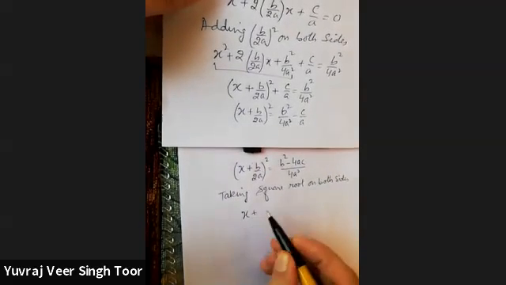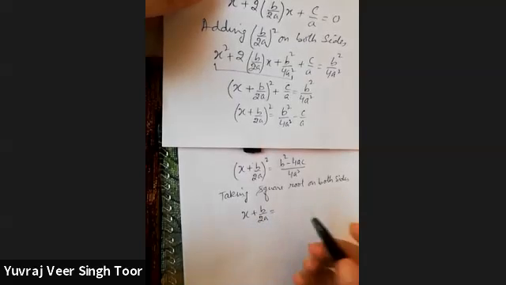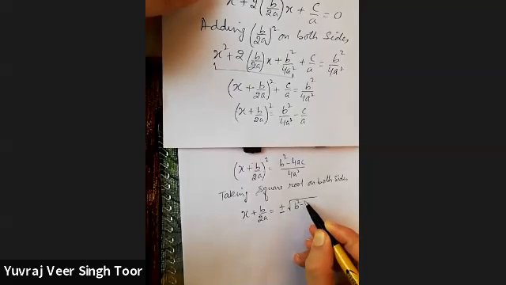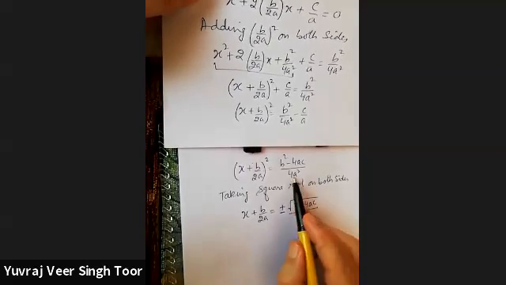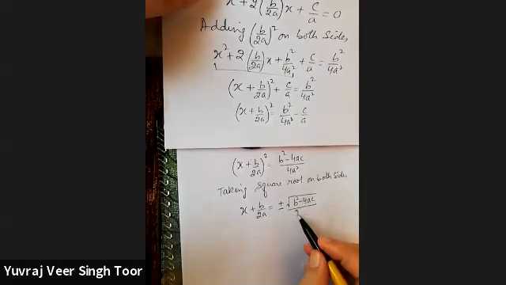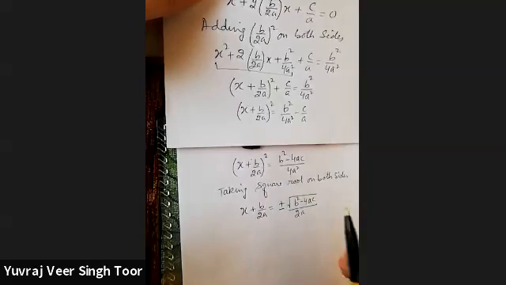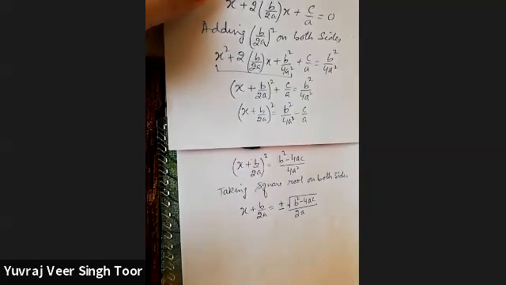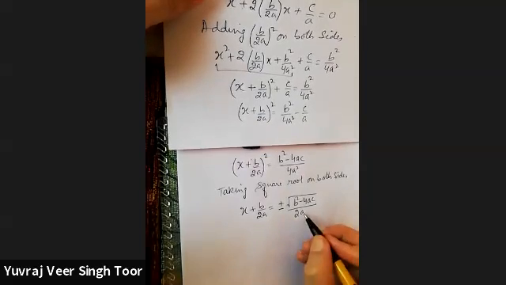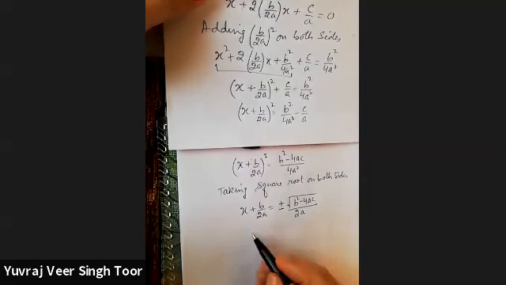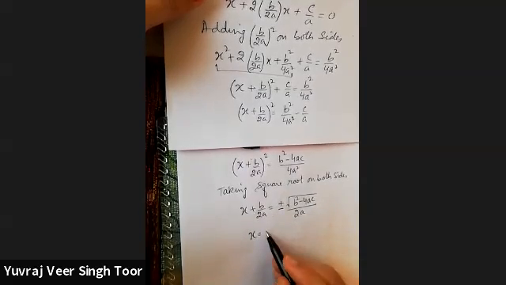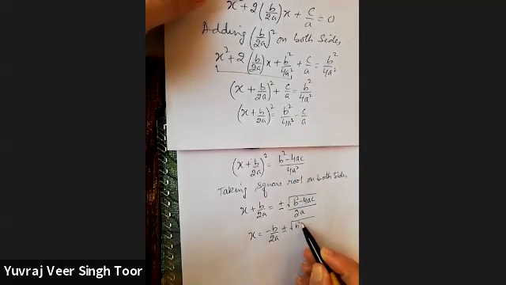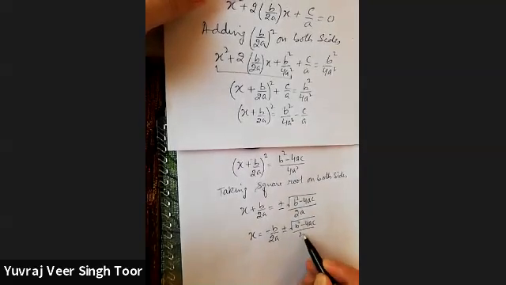So when you take square root, you already know that you get plus minus. This will remain under the square root, but this term can be expressed as 2a. Square root of 4 is 2 and square root of a square is a, right? And finally, this will go on the other side. As it is adding, you will subtract: x equals minus b plus minus square root of b square minus 4ac upon 2a.